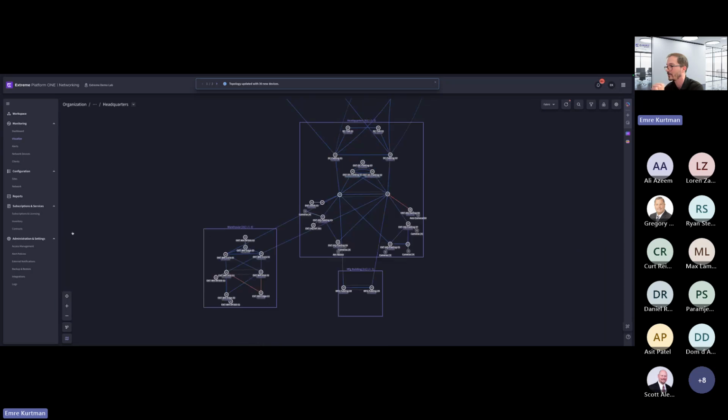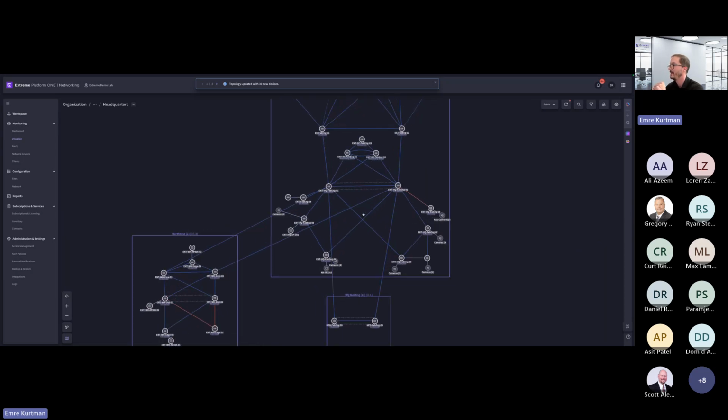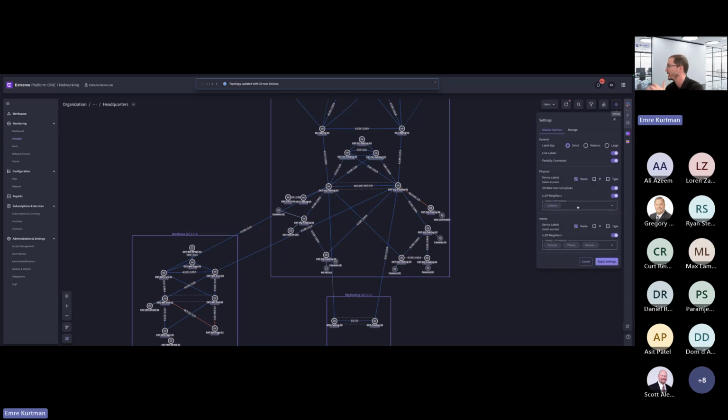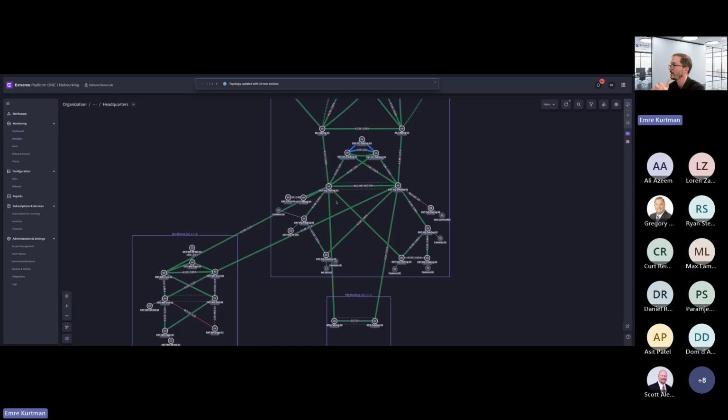So let me quickly close the physical one and we focus on the fabric layer. So for those of you who are fabric experts out there, if you are using a multi-area network, we can also visualize it. So there are ways that you can change the display settings, for example, for ISS area, so that I can see, okay, so the green links are one area and the blue links are the second area. So I'm using multi-area in this particular instance. But again, let's not go too deep dive on those advanced fabric capabilities.